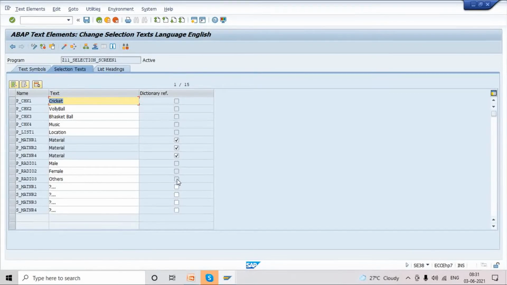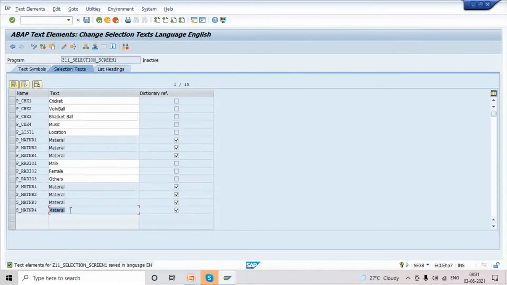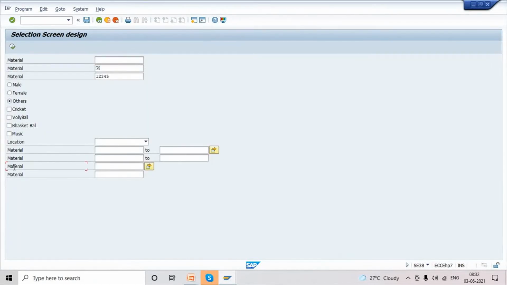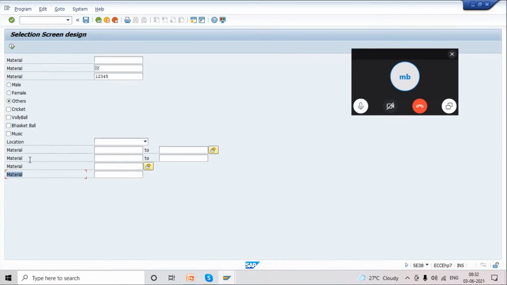We can select the remaining or gray out. We can select here. For those also, it's material only basically. See, it's populated material. If you want to put material 1, 2, 3 for the message, you should not select this. We have to type material space 1, material space 2 like that. We're using the same field, that's why we are getting the same data heading also. Just activate this. Now execute the program. Now you can see here material 1, material details, all these as separate blocks now.